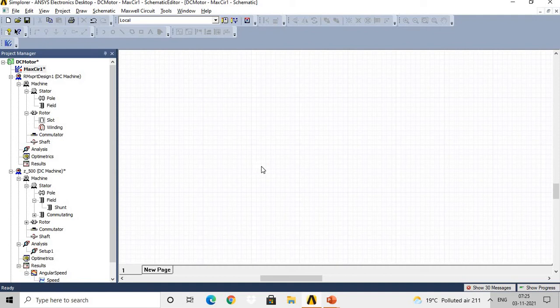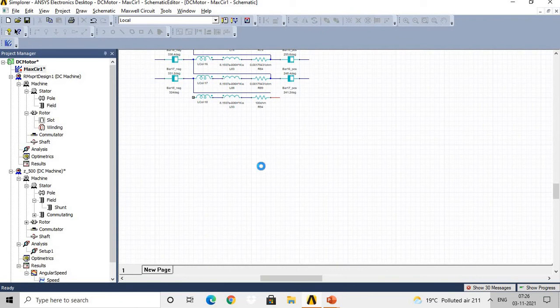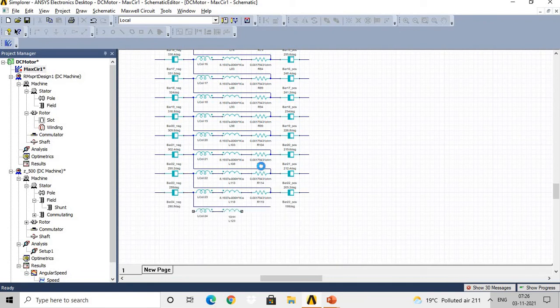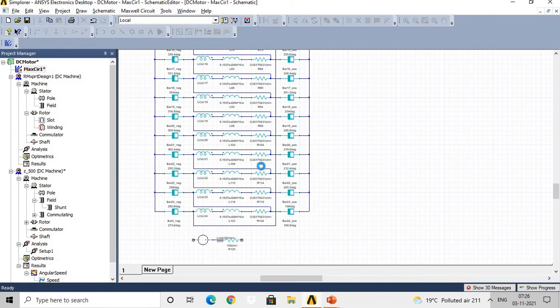Okay, and those who want to do research related to this, you can continue your research work. But if you want to check the performance of this machine for a particular application, like the electric vehicle application, then you need to connect the battery and the variable load. Or if you want to work on the converter and controller part, then for that purpose you can convert this RMExpert design into the Maxwell Simplorer, and from Simplorer you can connect it with MATLAB to conduct other research activities or to check the performance of this machine under different conditions.